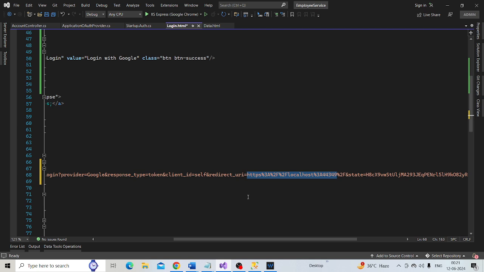So instead of redirecting to the application's root, I'm actually going to redirect, after the user is authenticated by Google, to the login.html page. All right. So let's save our changes.